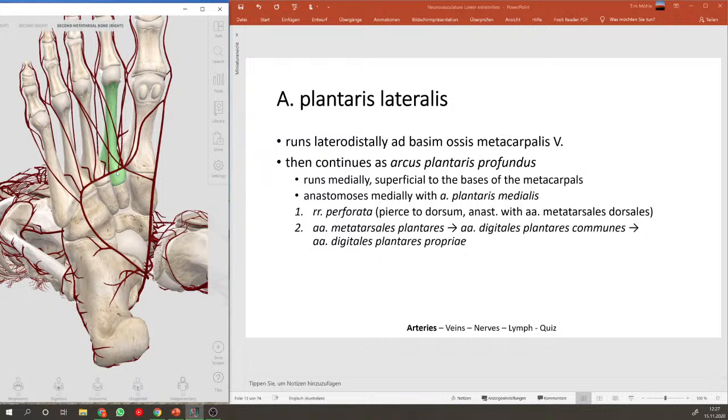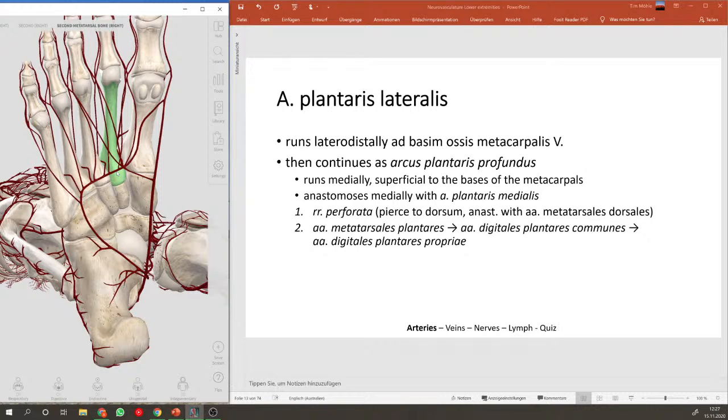Now, arcus plantaris profundus will give off perforating branches, which will traverse the intermetatarsal space. So these ones here, and will anastomose with arteria arcuata. Yeah, so arteria arcuata was the one above the distal joint, and it is also the source for the plantar metatarsal arteries. Sorry, the long ones here that you can see that will run towards the digits, and they will split up into the common plantar digital arteries, which will then split up again into the proper